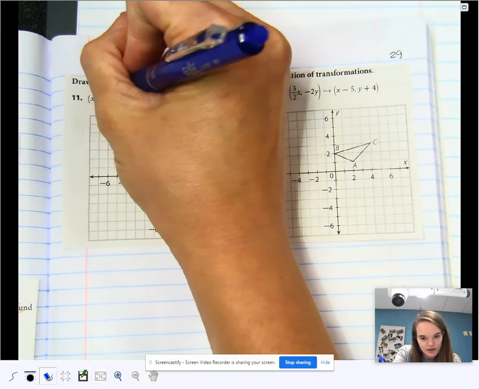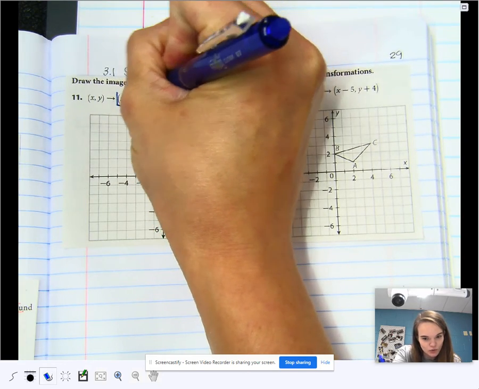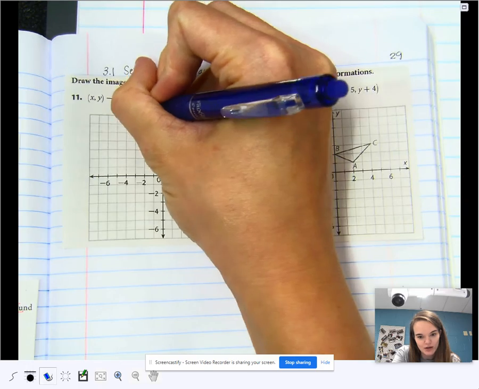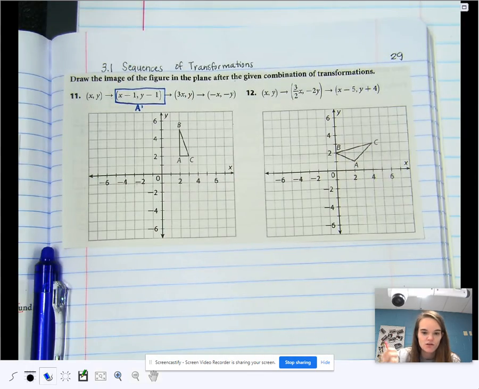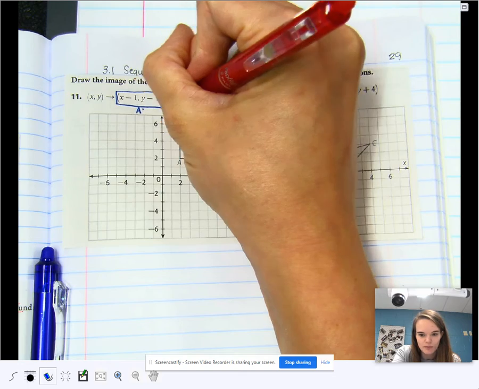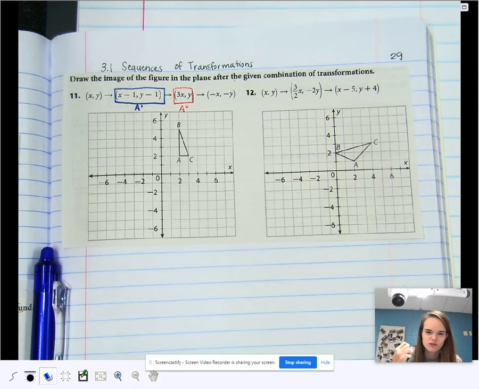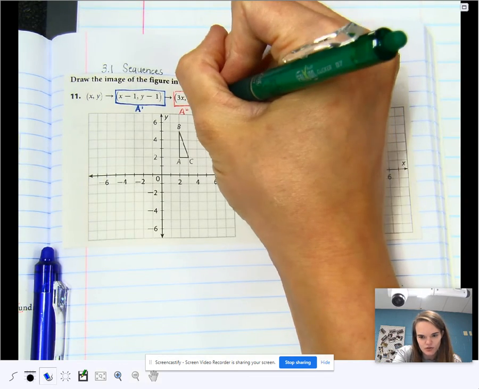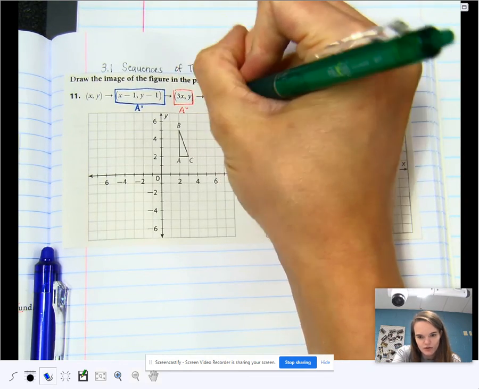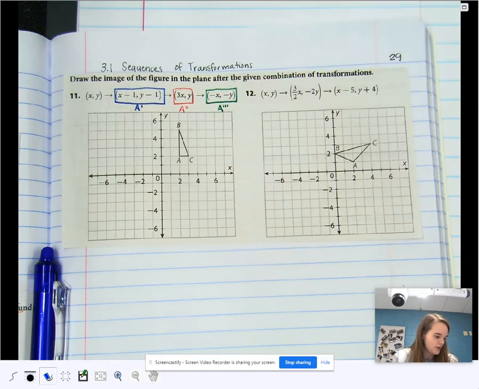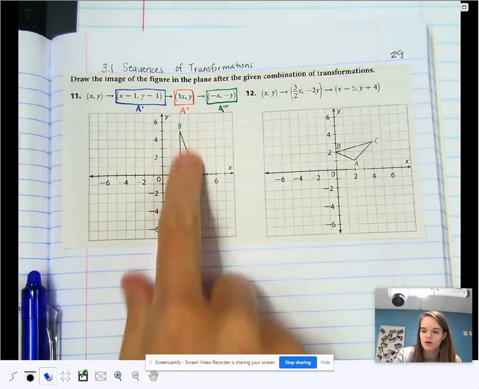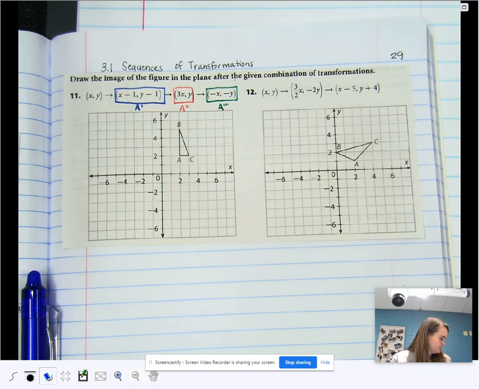So this rule will be A prime. This rule will be A double prime. And this rule will be A triple prime. What we are going to do is write down our current points, and we're going to perform those rules. We're going to have to write kind of small in order to do all this. All right, so we are going to write down